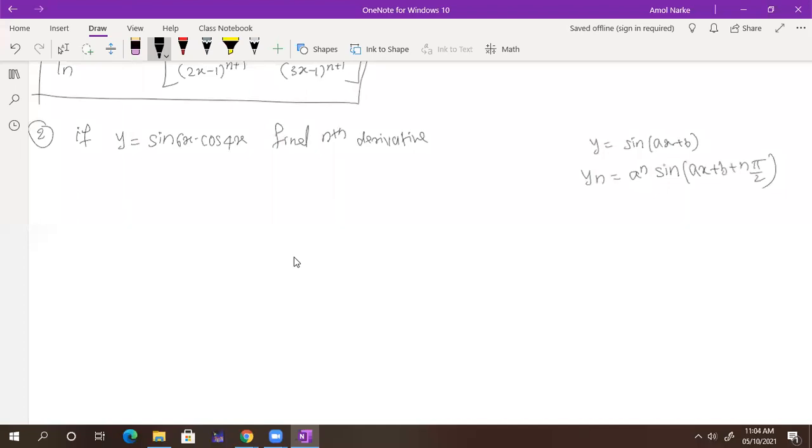Exactly. But when we have a single sine, here we have a product, and we know the differentiation rule for a product, the UV rule. But here someone is saying we can convert this. So what is that conversion? That conversion, 1 divided by 2 into 2 sine A cos B, that formula we can use also: sine 10x plus sine 2x. That is okay. So we can use this formula now. Now you can find the nth derivative easily. So what is yn? Tell me now.